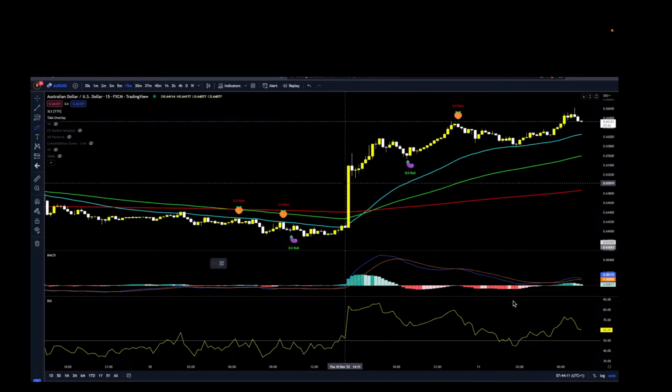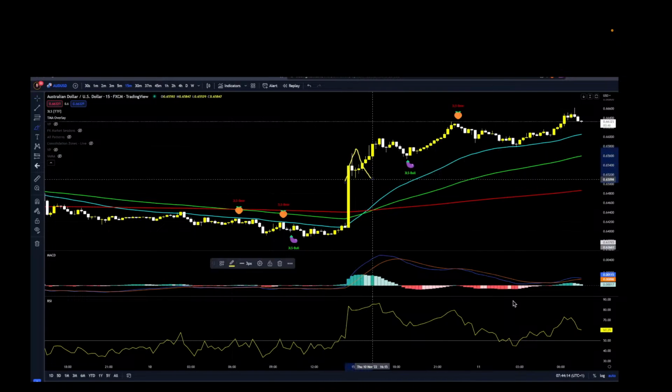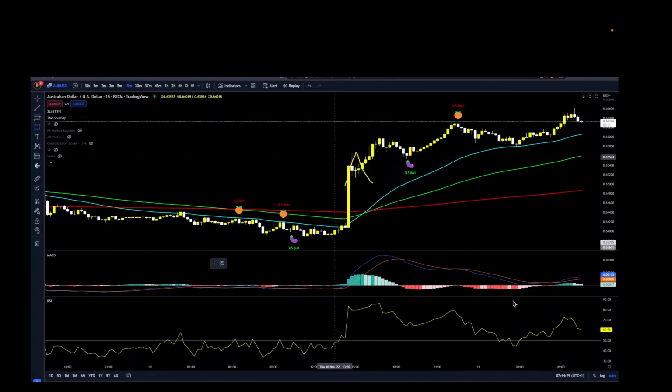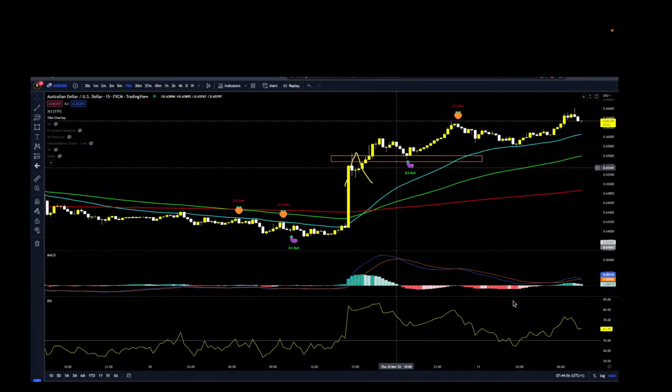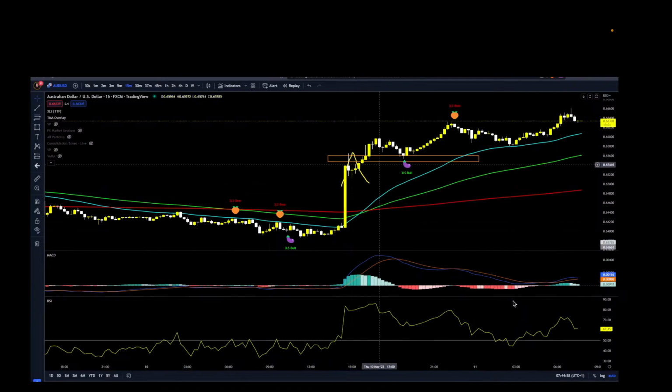So taking it down to a lower time frame, it probably looked like this. There we go. Now, if that's your rejection point, drawing boxes on there and price comes down to retest that area and then you get your 3-line strike, on the 15-minute time frame, and depending on the size of the candle, you could have gotten a nice move